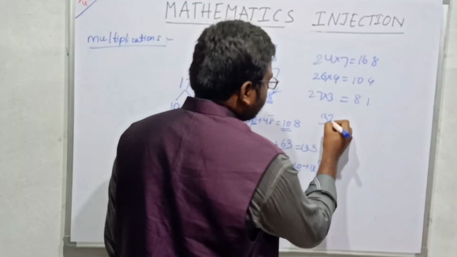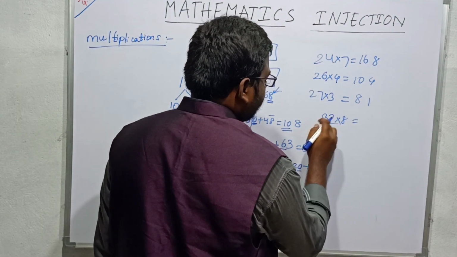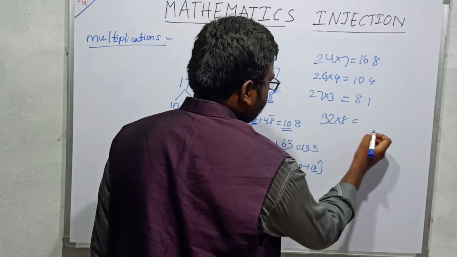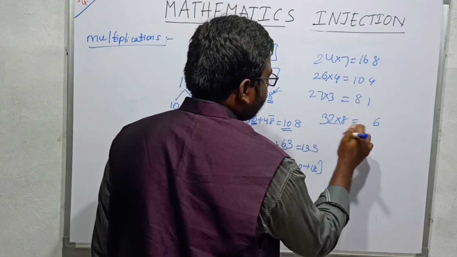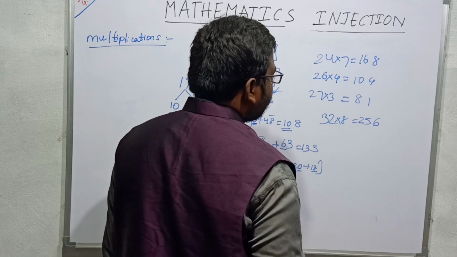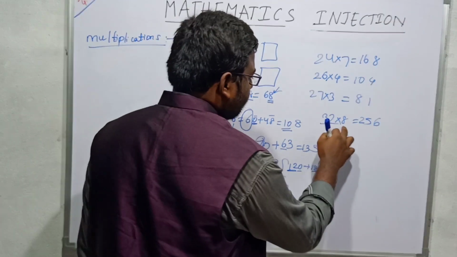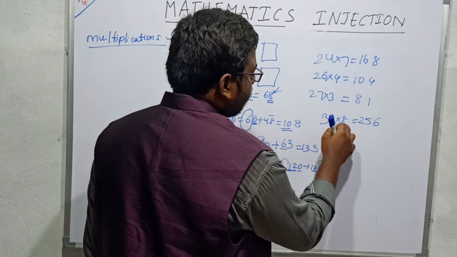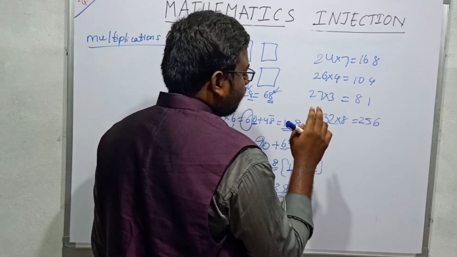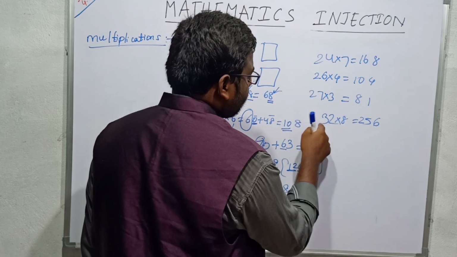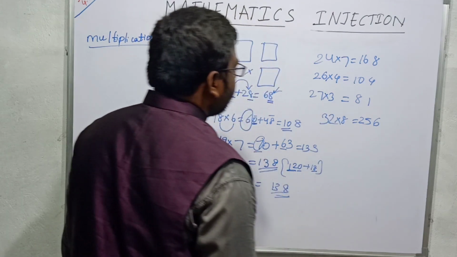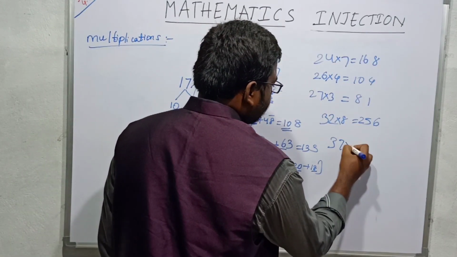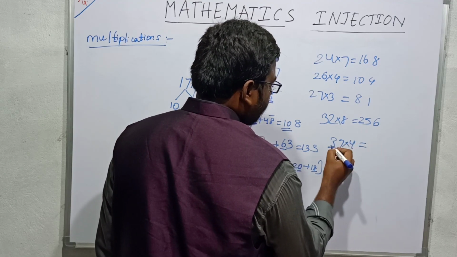For example, 32 into 8. 8 3s are 24, 8 2s are 16. 6 here, 24 plus 1 is 25. Where 24 comes from: 8 3s are 24, and the 1 in 8 2s are 16 will be added to 24. This will be 256. So if I have to calculate 37 into 4,